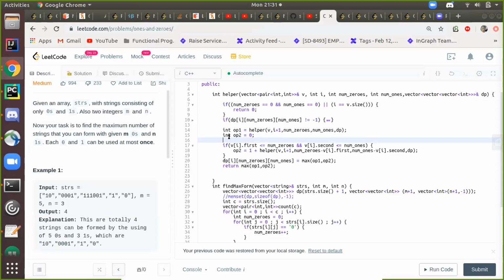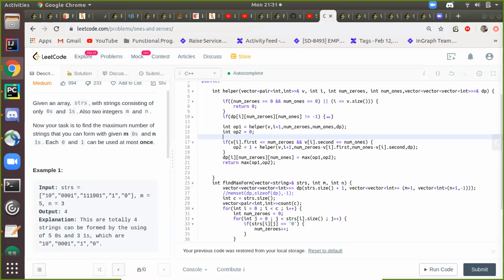Okay. So first, I'm passing three things: my position, number of zeros, and number of ones. Let's forget this DP array for now. My first recursive call is where I'm just ignoring my current string and moving on. My second recursive call is taken care of by option 2. But for this, I'll have to check the number of zeros and number of ones in the string I'm currently at.